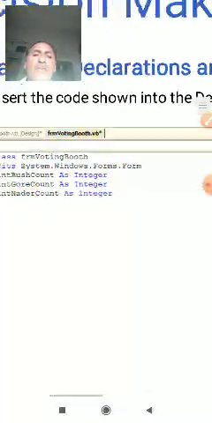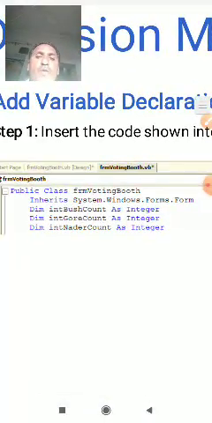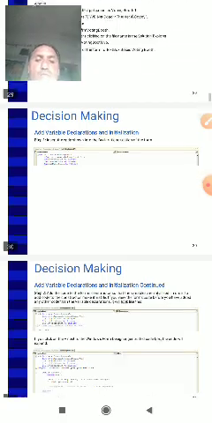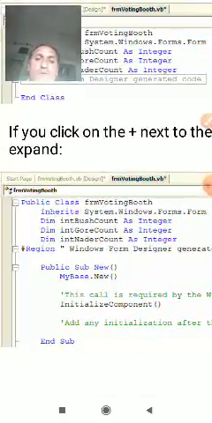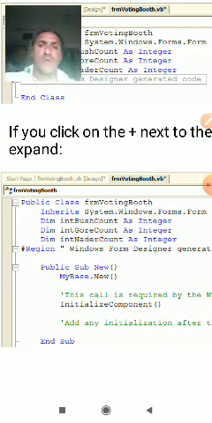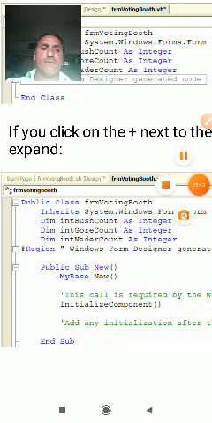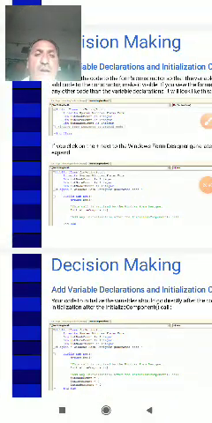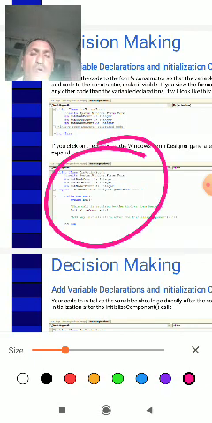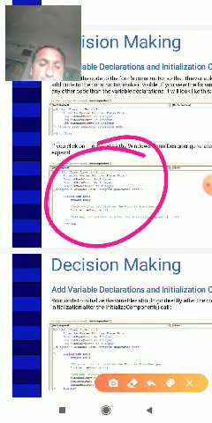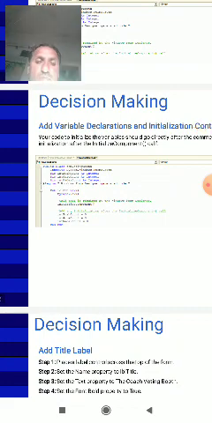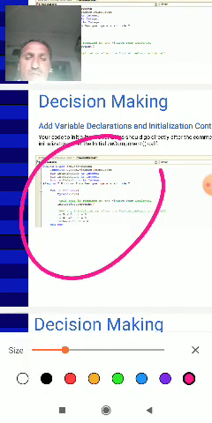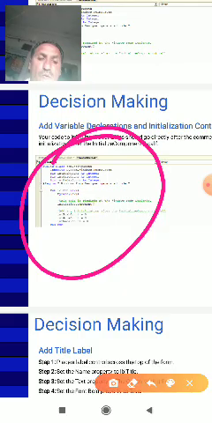I have taken the variable, dim int Bush count, as an integer value, then taken the particular forms. This is called a decision. Write down these programs in the code window.